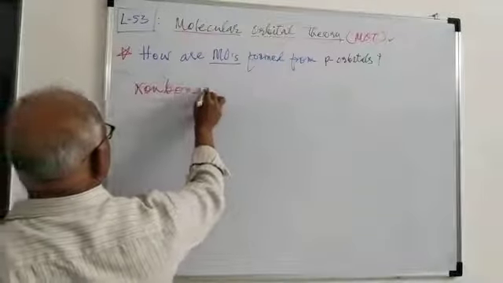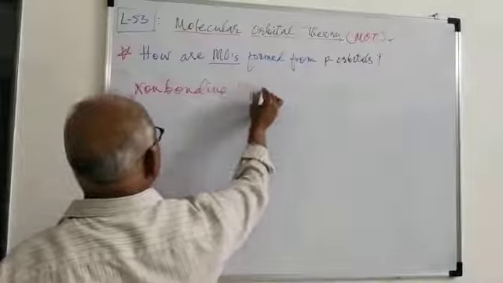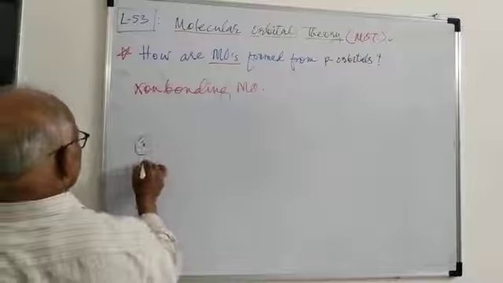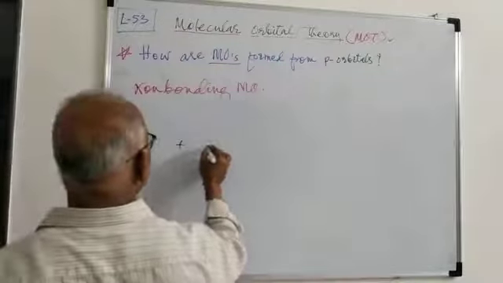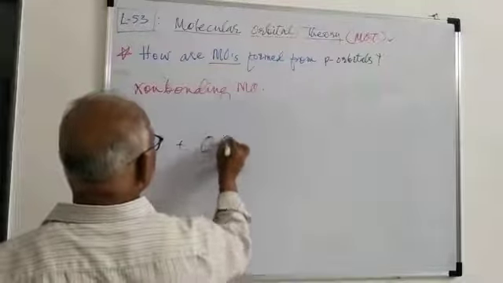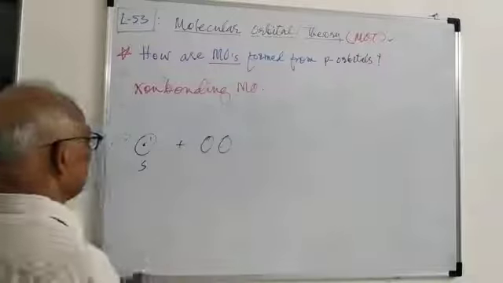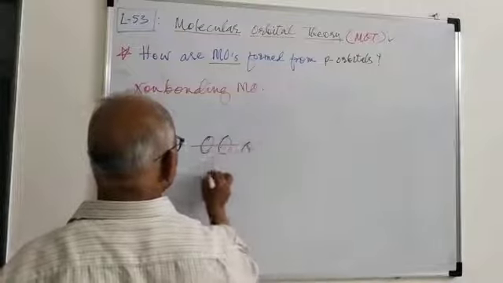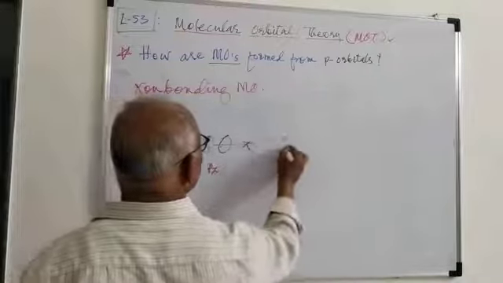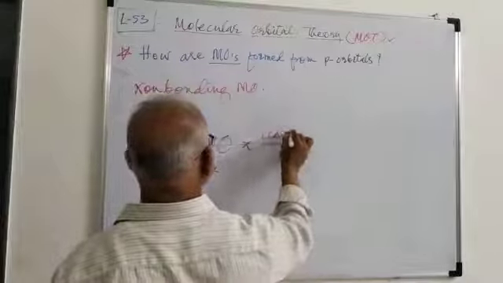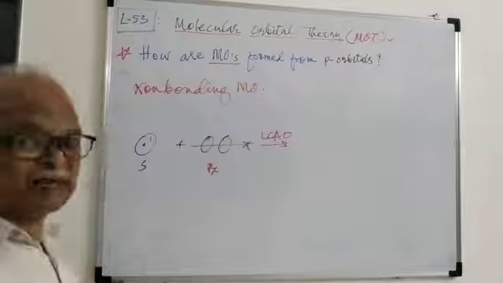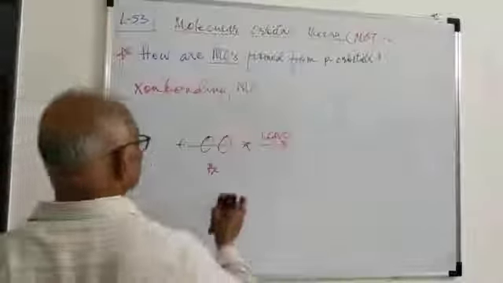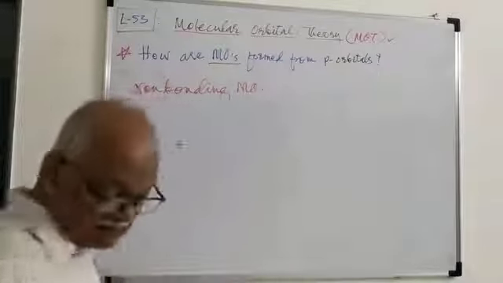For example, if we have this s orbital plus an orbital like this, say that is pz orbital, then the linear combination takes place, and it gives bonding and antibonding molecular orbital. But if the two orbital